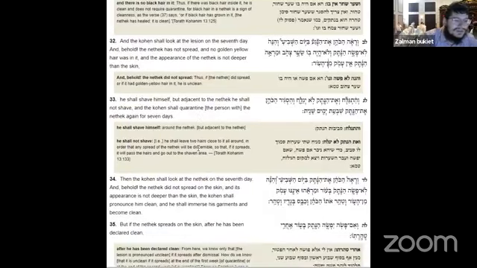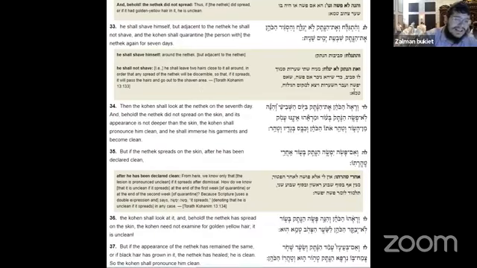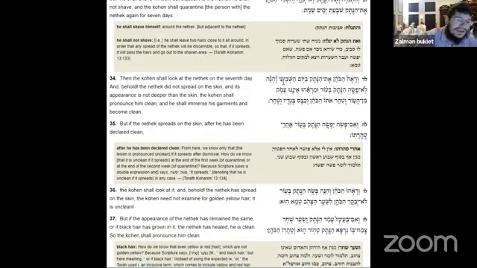So, like Rashi says over here, he shall not shave the netek. You have to be careful. You can shave around, but you should not shave it. He shall shave the hairs close all around, in order that any spread of the netek will be discernible, so that if it spreads, it will pass the hairs and go out of the shaven area. So this is the 2nd week. The kohen will look at the netek. If he sees that it did not spread outside, now that he shaved, he's able to clearly see if